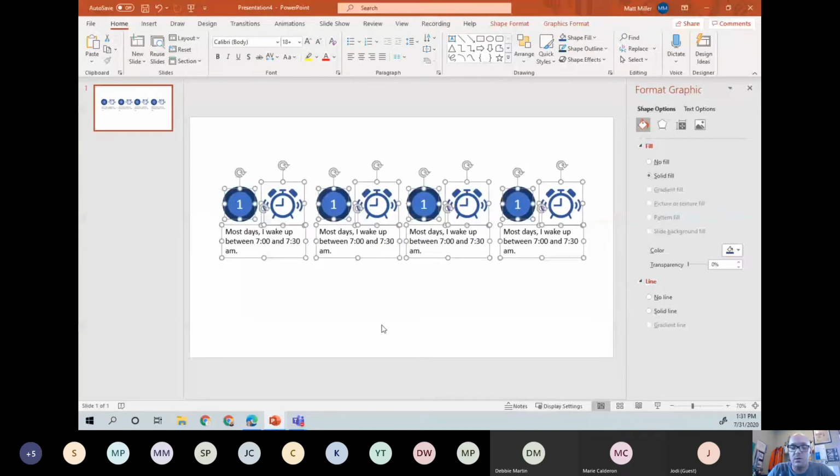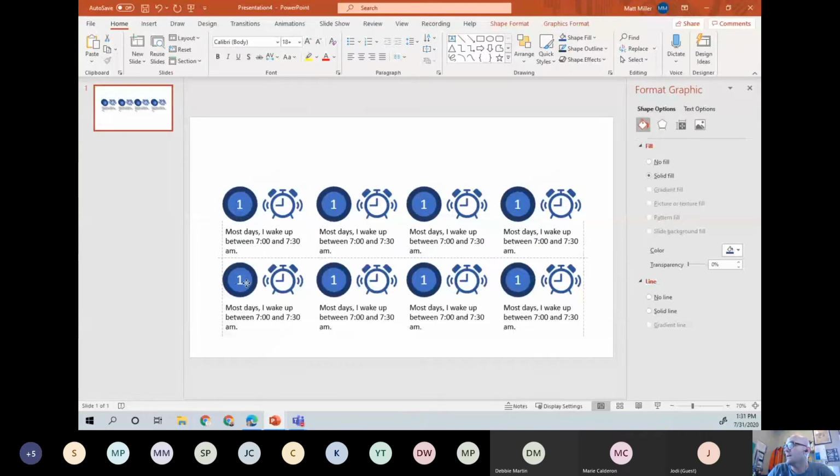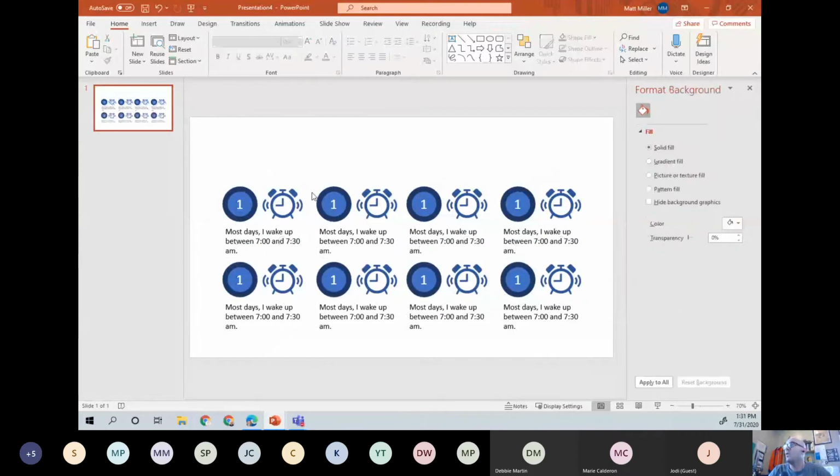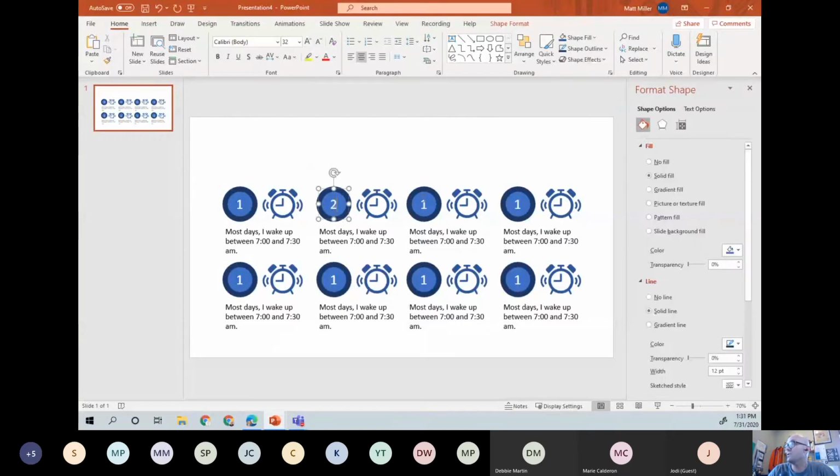And then I'm going to take all of those and duplicate it again and move it down below. And so see, check it out. Now, most of the work for my infographic is already done, because now what I'm going to do is change this to 2. I'm going to continue to change the numbers all the way across. There's 4, there's 5, there's 6,